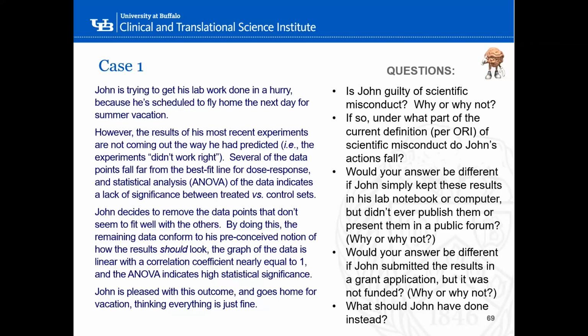So, Carl, what should John have done instead? He should have acknowledged the data the way it came out. It has meaning as it exists. And why did the data points not fit? Was the experiment done correctly in the first place? Is there something about the data that we can learn? So be honest and acknowledge the data. Try and figure it out. I think that's a very good, well-reasoned answer.